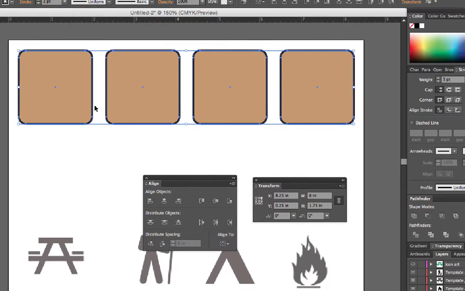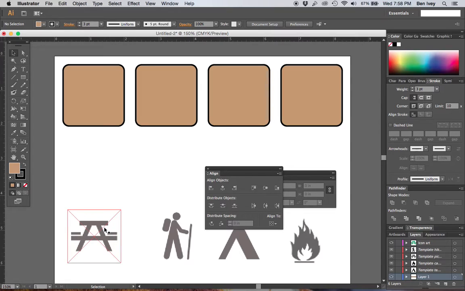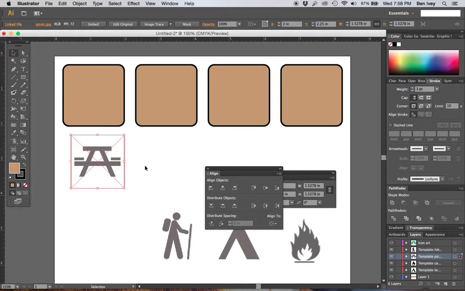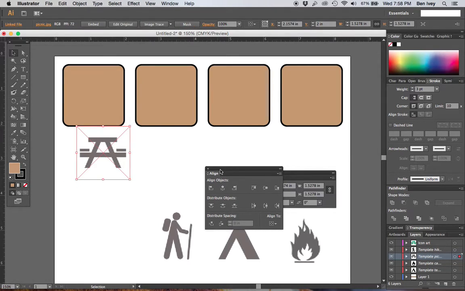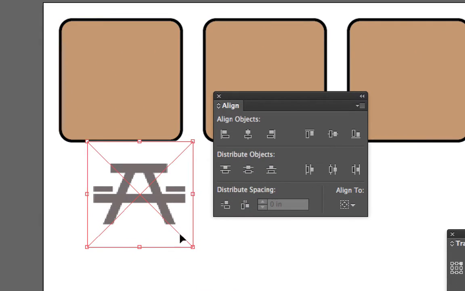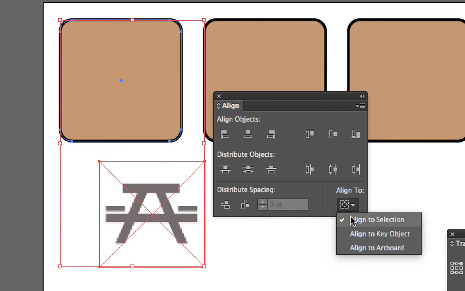In one click you can see now they're evenly spaced between each other, and it works out really, really well. To use some of the other kinds of alignment, and this is what's going to happen for your different icons that you'll choose from, we'll want to align these icons so that they're perfectly aligned with the squares that you created. If I was to place them in here, I want them to be right in the center. To do this, I'm going to select one of the little icons that we have, hold down Shift, and select another one. With both of them selected, I'll choose Align to, and in this case, I'm going to choose